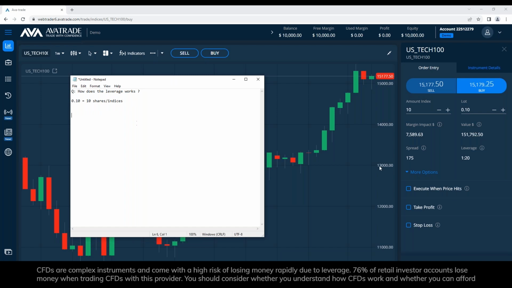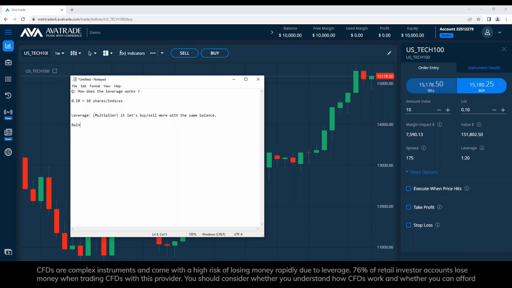To measure the leverage, I have it here. To understand how it works, I have to divide the value of my position to know the margin impact. Meaning, the leverage by itself is a multiplier, okay? And it lets you buy or sell more with the same balance, right? In other words,